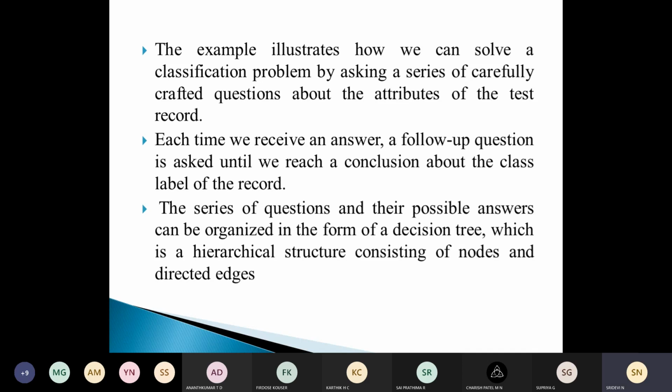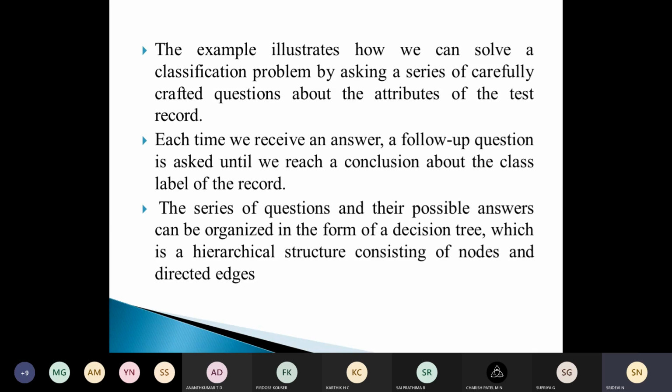These series of questions and their possible answers we organize in the form of a decision tree. It's nothing but a hierarchical structure which consists of nodes and directed edges. So how do we solve any problem?